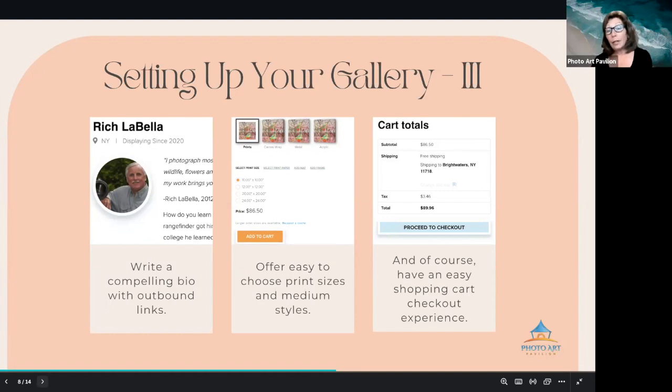The other important thing that your online gallery should have is an easy to use shopping cart and a checkout experience. You want them to be able to click on an art piece, an art size, hit add to cart, and then jump right over to the shopping cart where they can proceed to go to checkout, where they can input their credit card information and get checked out 1, 2, 3. Making that exit of the purchase easy is very, very important, because this is where you could potentially lose an